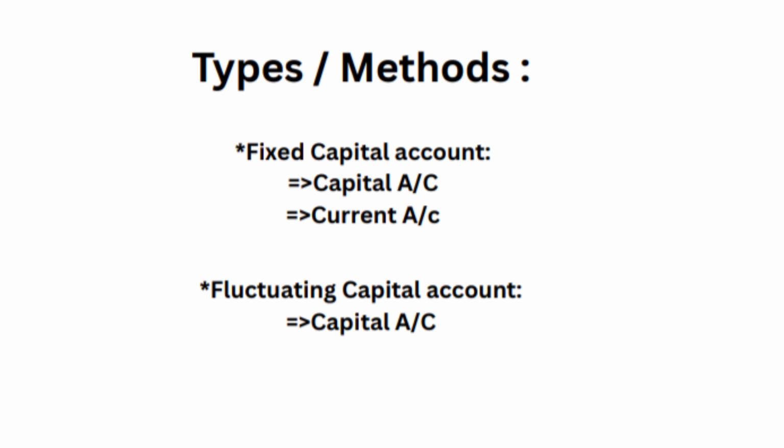The current account is prepared to record any transaction such as withdrawal, interest on capital, share of profit or loss, or any other adjustment related to the partner's day-to-day transaction with the business. The fluctuating capital account method involves recording all the transactions such as capital contribution, withdrawal, share of profit and loss, and every adjustment. I mean all the adjustments which are given in the question, directly in the partner's